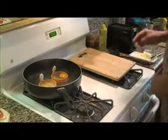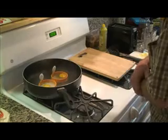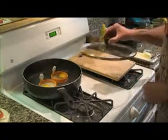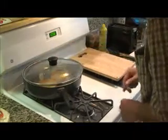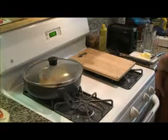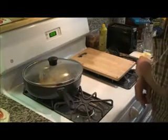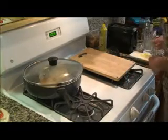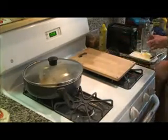Once the eggs begin to get solid enough, I can take off the rings and then they'll just kind of float there. But to keep the heat on them, I always put a cocked lid on like this, just for the first bit, to speed up the process a little bit. And then, while that's happening, I'm going to make the